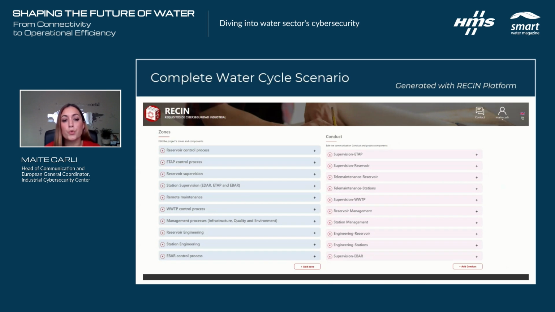The main goal is to identify the cybersecurity requirements based on the standard IEC 62443, in this case 3-3. We define the zones in which we can find all the different assets that we have in our plant, and also the conduits, which show how they communicate between the different areas that we define in that network architecture. For each zone and asset, we can define the level of confidentiality, integrity, and availability. Once we gather all the information, like doing an assets inventory, we will have a final